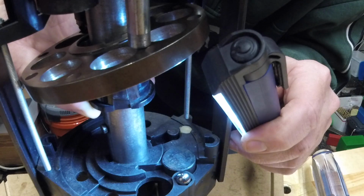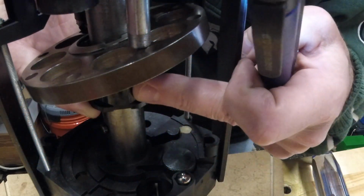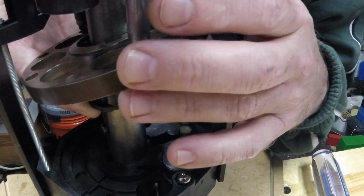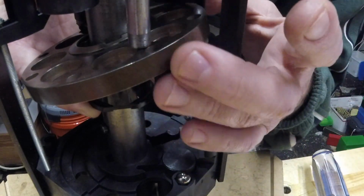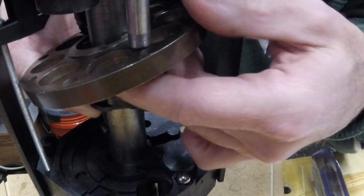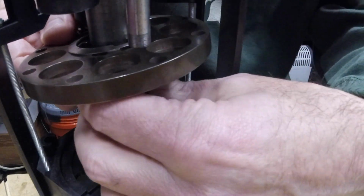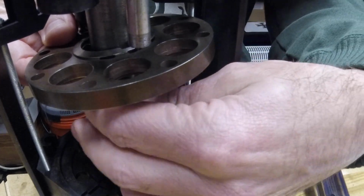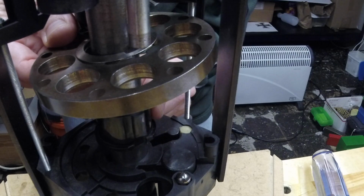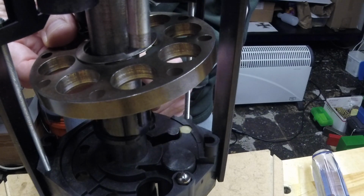That pin rides in a groove inside of this indexer to make it rotate, or cam if you will. And it only rotates 1/8 of a circle at a time because it's an 8-station press. So if you can envision inside of this plastic indexer, there's a, I'll drop that back down, you can see it. You can see how it acts when it goes over it. There's a pin there. When it goes up and down over that pin, it rotates that little bit to make